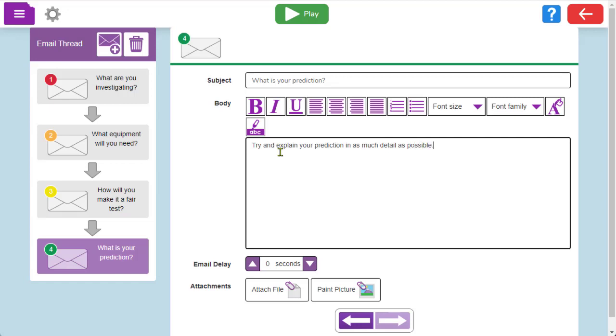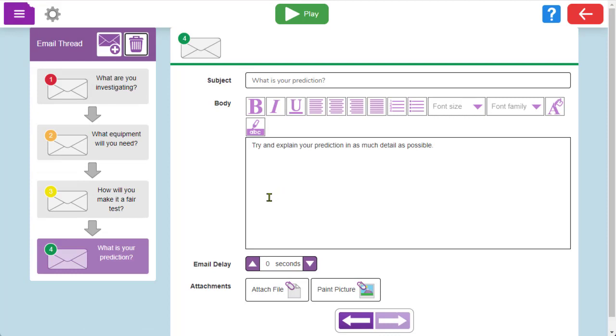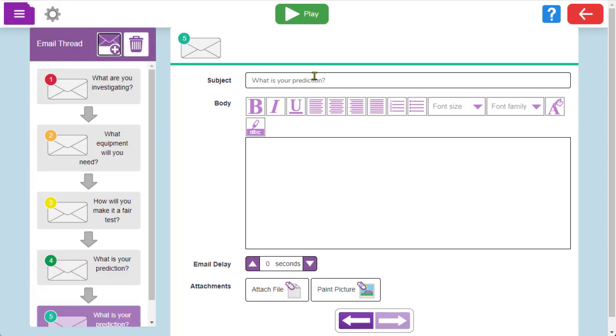And so on. So as you can see, we can start to add as many as we want. If there's one that you need to get rid of, click on it and you can remove it from the thread, and then you can add another one. So in this case, what are your results? And I might ask them to attach, if I can spell it properly, attach a file with your chart or graph. And the final one,